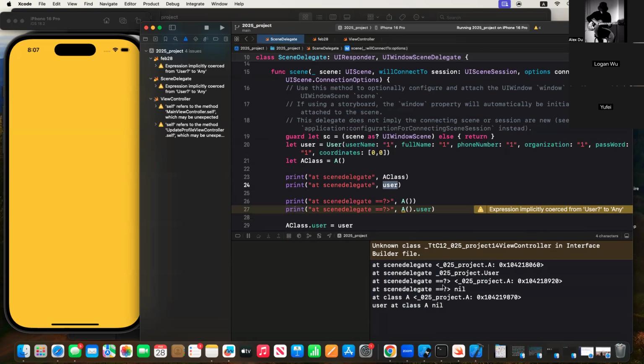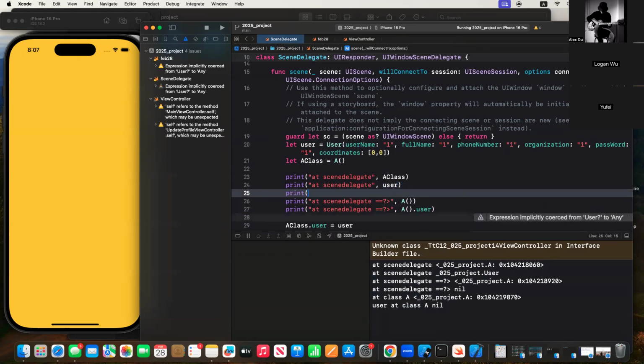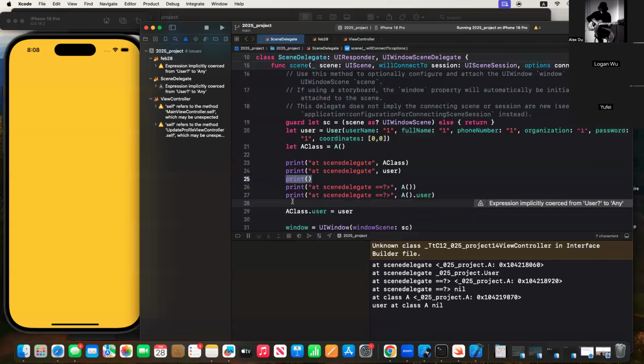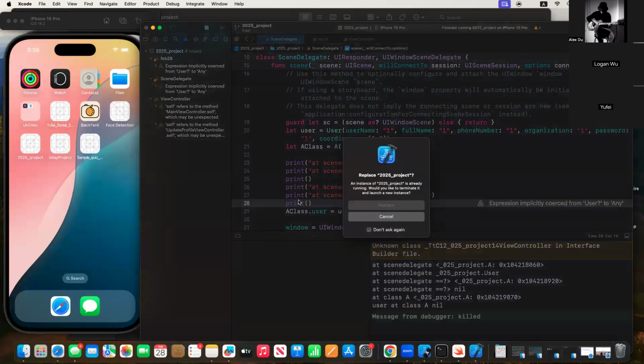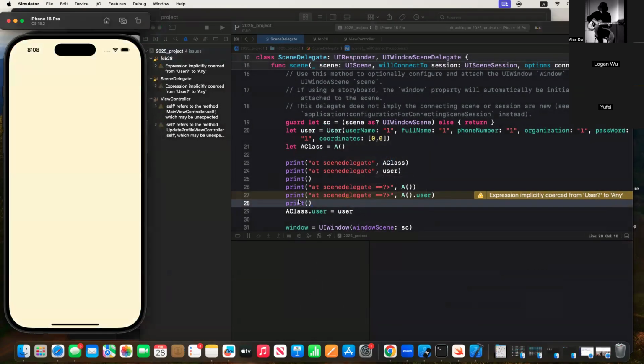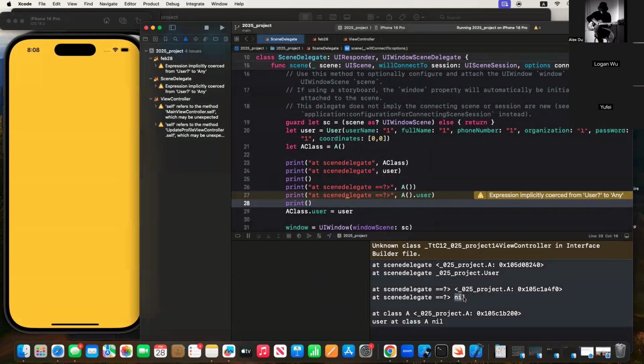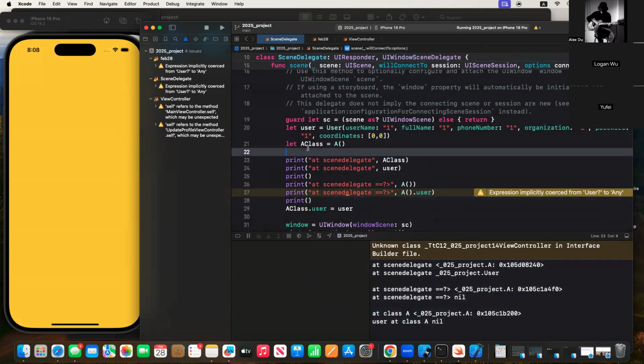So I want to probably just have it better. Okay, run this code one more time. This is very important because mobile app software can crash anytime because of a null or nil pointer or something. All right, there we go. So we have two nils here, right? And then what we could do is we have a class A here, right? So what if we have a